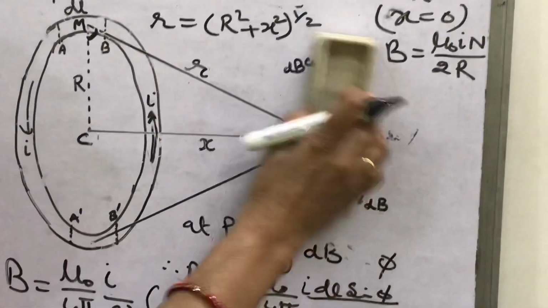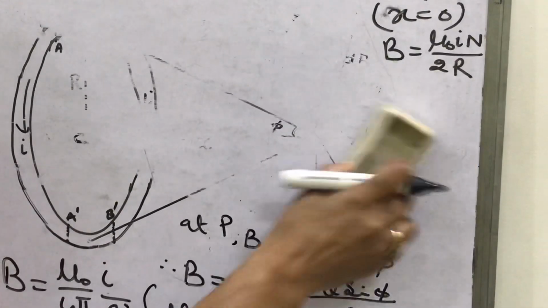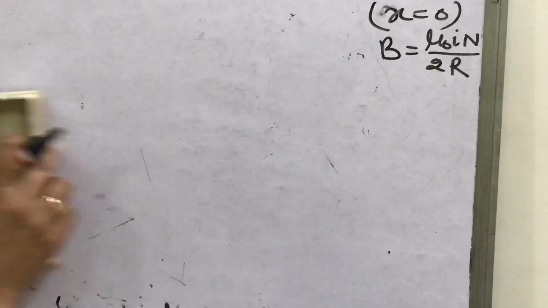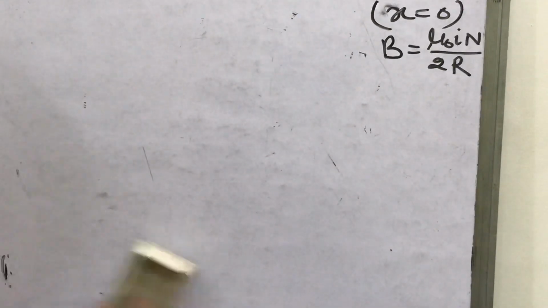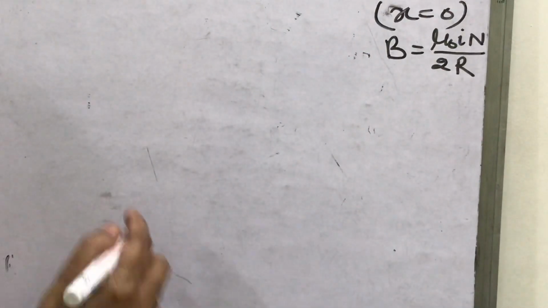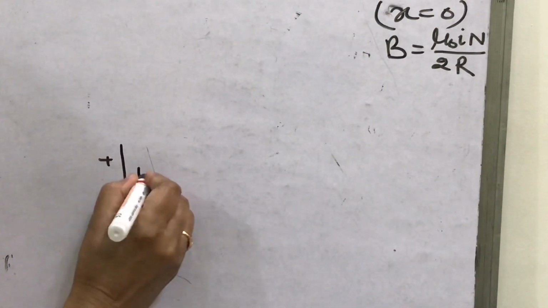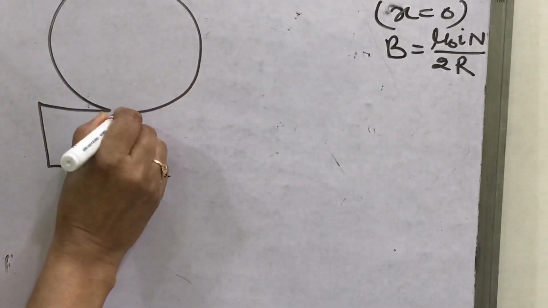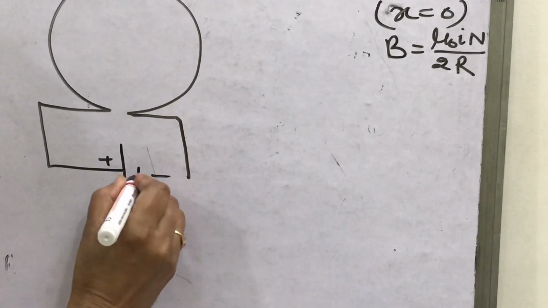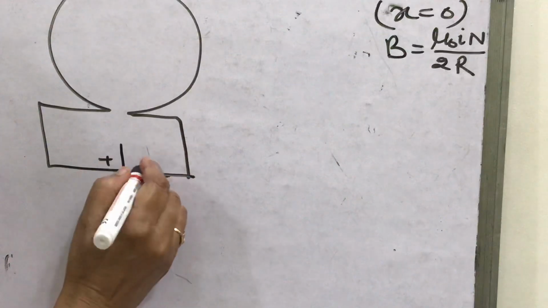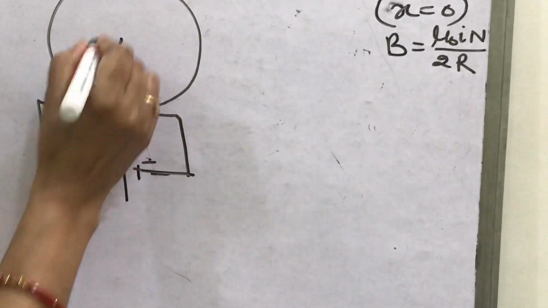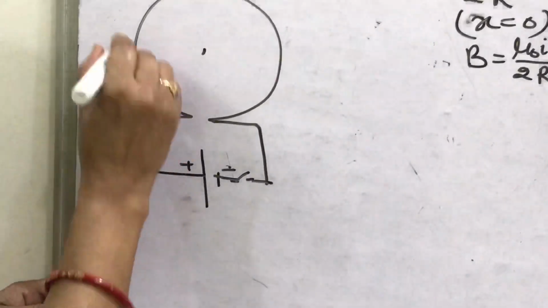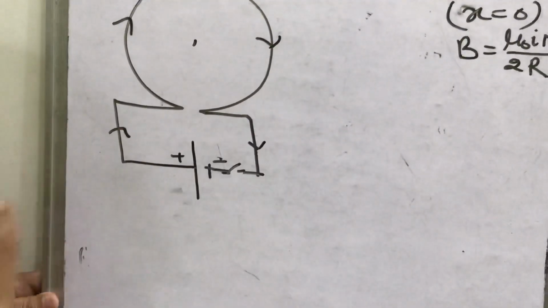Now I hope that you must have understood the expression for the magnetic field at the axis of a current carrying circular coil as well as at the center of it. Again I will show you how you will draw the magnetic field at the center, and how you can show that the magnetic field at the center is uniform and perpendicular to the plane. Suppose this is the coil you have connected with the battery, this is the key. Whenever the key is on, the current goes like this and it comes here.